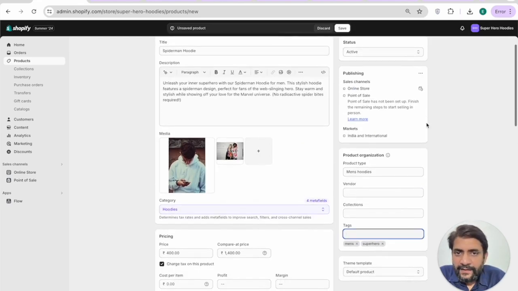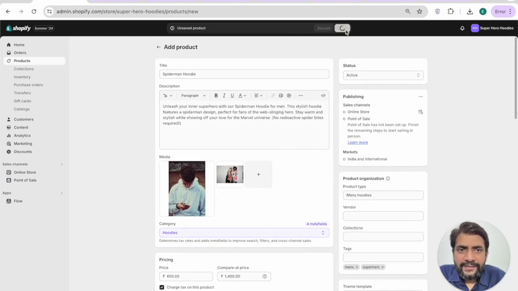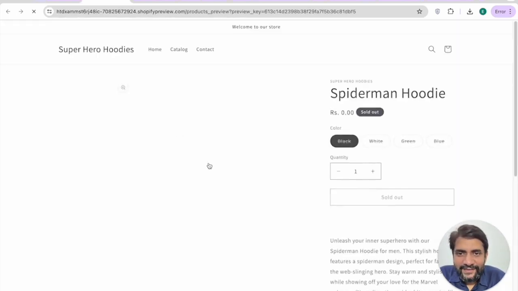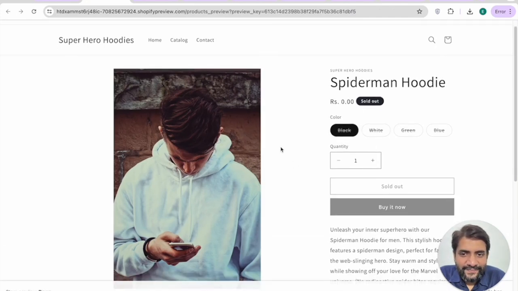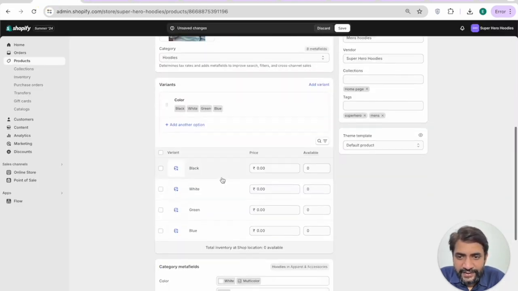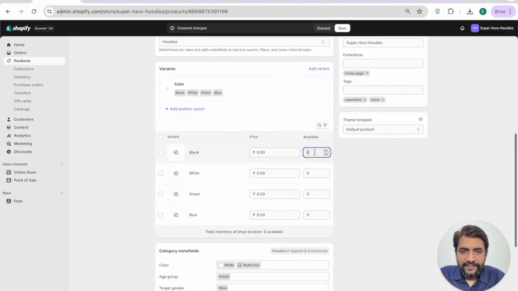But yeah, once you're done with this, you hit on the save button and your product is kind of ready. We do a preview of this product now. This is your product page. Now the image size, you need to take care that this is a square image to cover up the entire space. Then you have price, sold out, because we did not update the inventory over here. So if we make it 100, 100, 100,